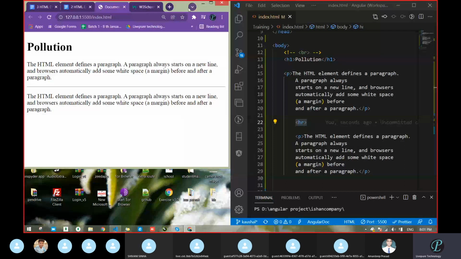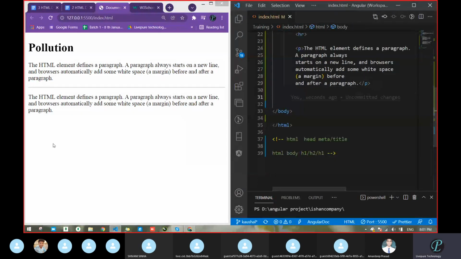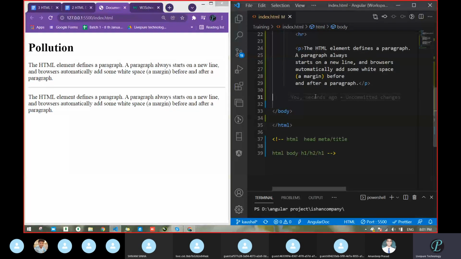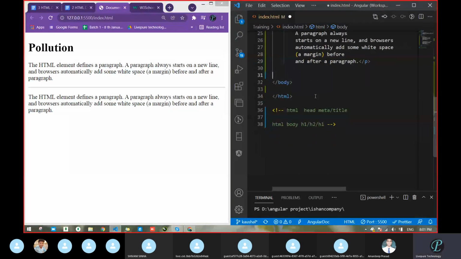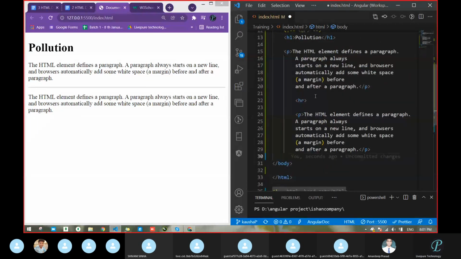Suppose you have to do the same thing here also. Now tell me, I want to draw one line below this one, and at the end of this also. How can we do it? Anyone, please, fast. Any idea?